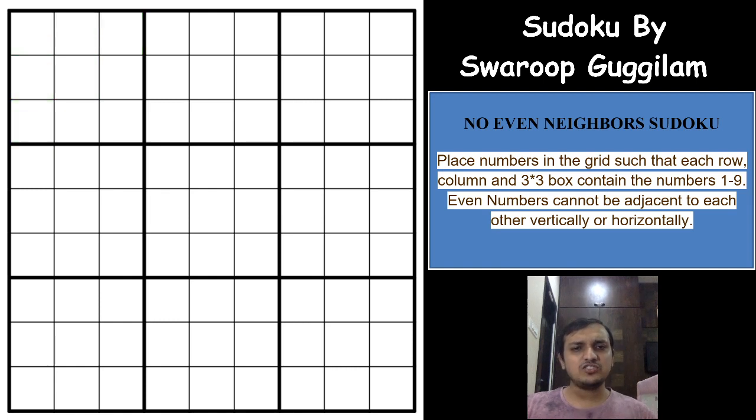Now coming to the surprise trick that I was talking about. According to the trick that my friend told me, these 8 cells, the ones which I am marking here, will always be even in any No Even Neighbors Sudoku. If you come across a No Even Neighbors Sudoku and look at the grid, you will see that all these 8 digits which I have marked will always be even. They can never be odd. Even in a blank No Even Neighbors Sudoku, if you are constructing a Sudoku, you can mark blindly that these 8 cells will always be even, right?